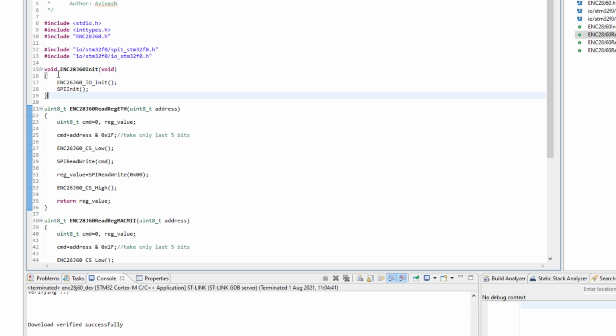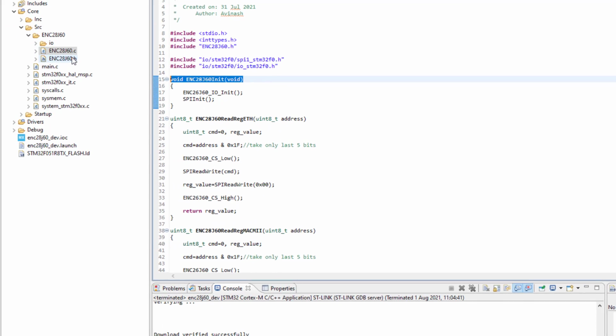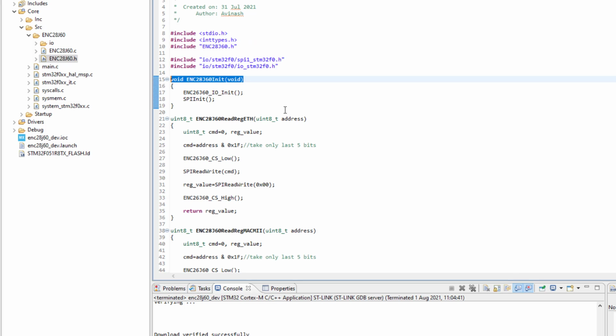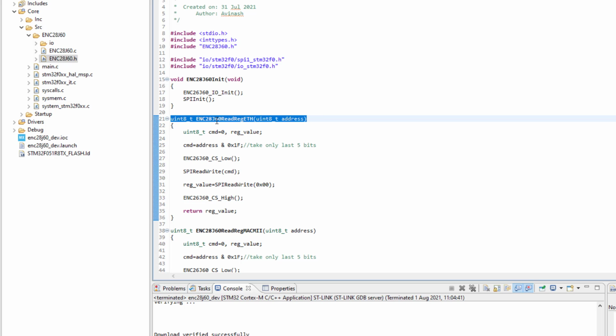So the first thing we need to do is create the prototype of this function in the header file. You can copy it from here and create the prototype here in the header file ENC28J60. Here I have already exported this function, and I am not exporting these two functions, the functions which read the register.